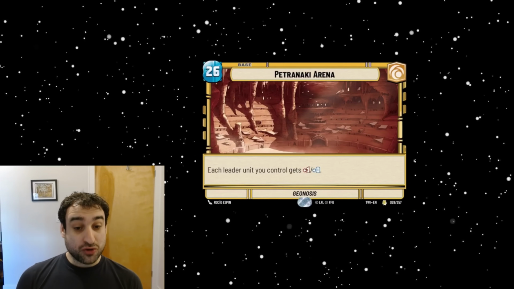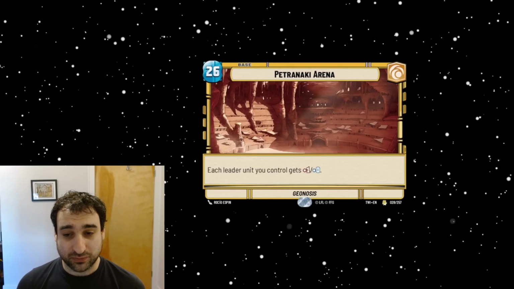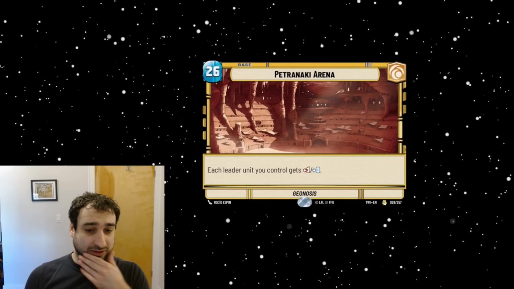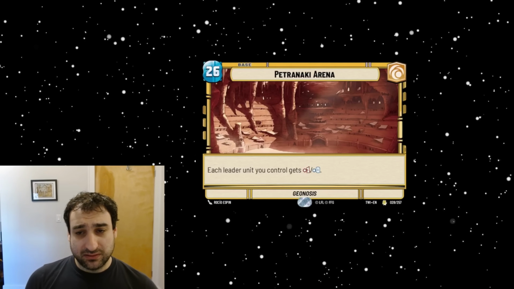All right, a new base. So we are going to get a cycle of rare bases in this set. We got the first one. It is the Cunning one, Petranaki Arena. It's 26 health, which is an interesting number, right? It says each leader unit you control gets +1/+0. Now it says each leader unit you control because that's a call out a little bit to Twin Suns. It is a format where you can have multiple leaders out, but in regular constructed, I think this card is